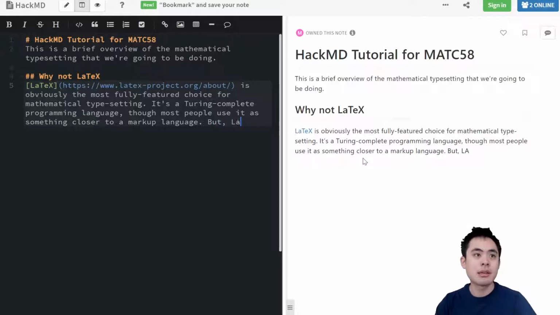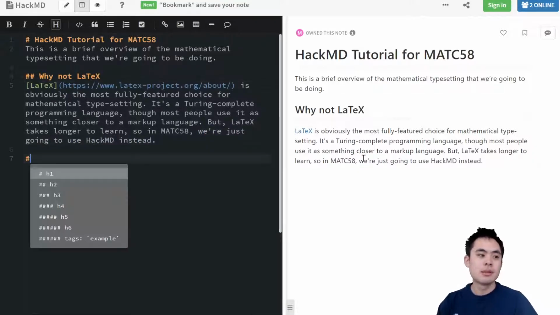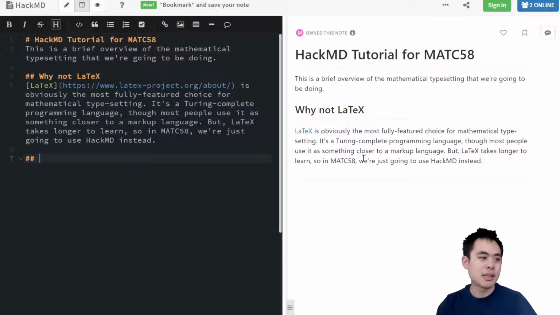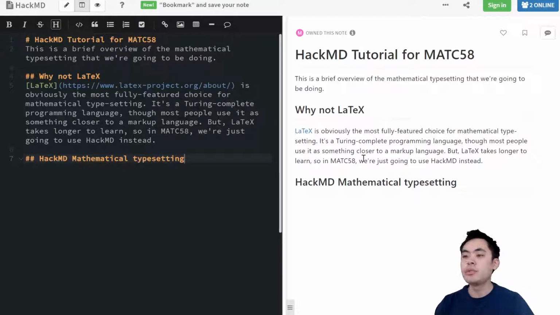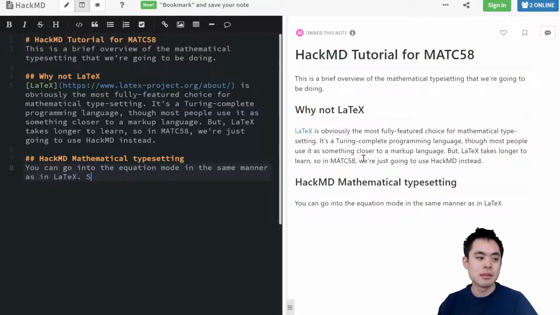But LaTeX takes longer to learn, so in MATC58, we're just going to use HackMD instead. So let's give another subsection. Let's say HackMD mathematical typesetting. Well, you can go into the equation mode in the same manner as in LaTeX. So let's say we want to typeset a simple equation. For example,